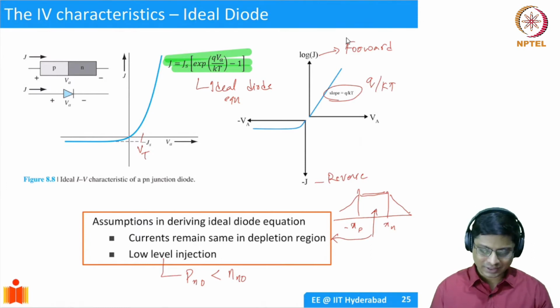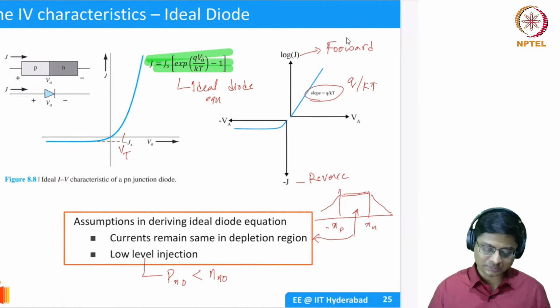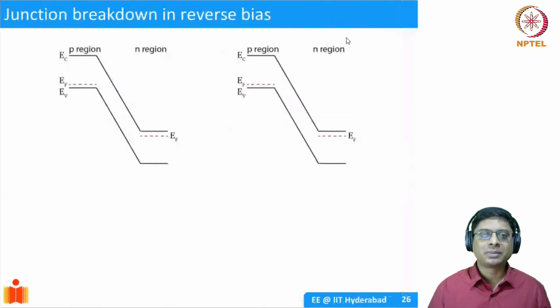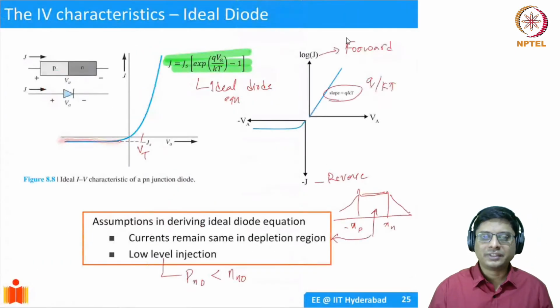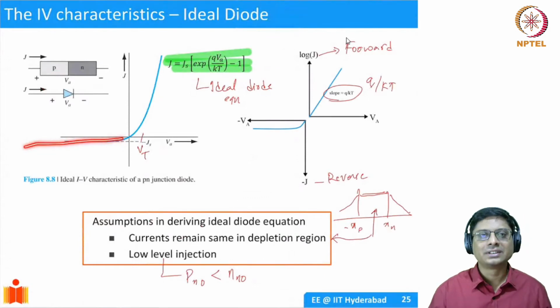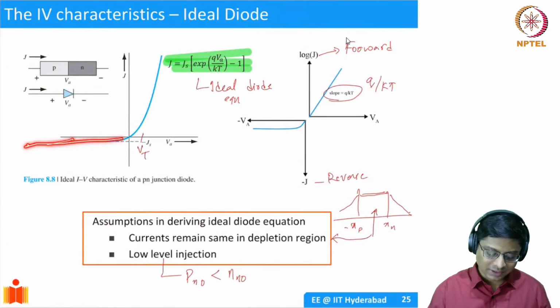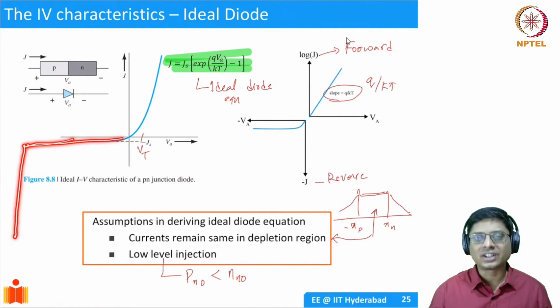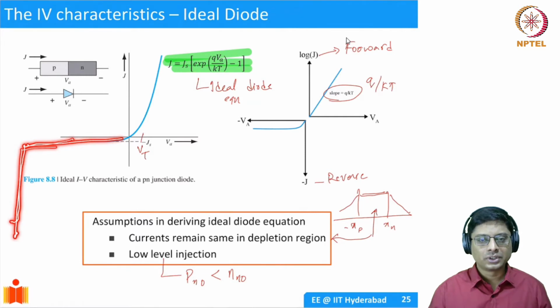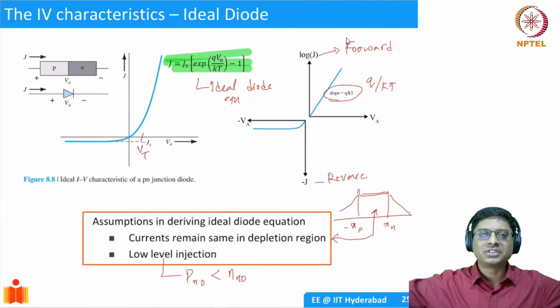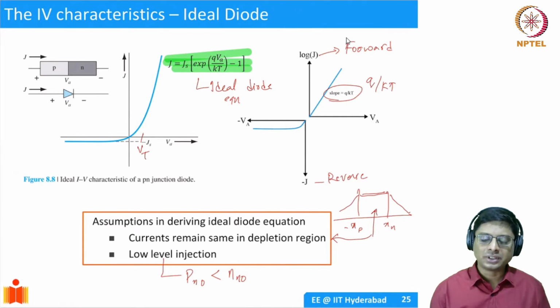One of the first non-idealities that I would like to discuss is what is known as junction breakdown. We are applying a reverse bias voltage to the PN junction, and we are assuming that this current is going to be constant, like this. We never specified how long it's going to remain constant. But it turns out that after a point, the diode breaks down and there's a sudden increase in the current. This phenomenon is called junction breakdown. You can't simply keep extending the depletion region as much as you want. At some point, it's going to break down. And what is that point?